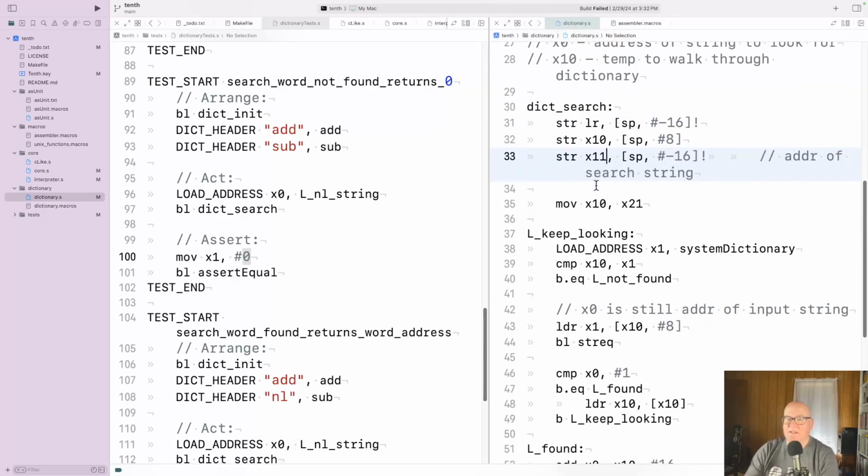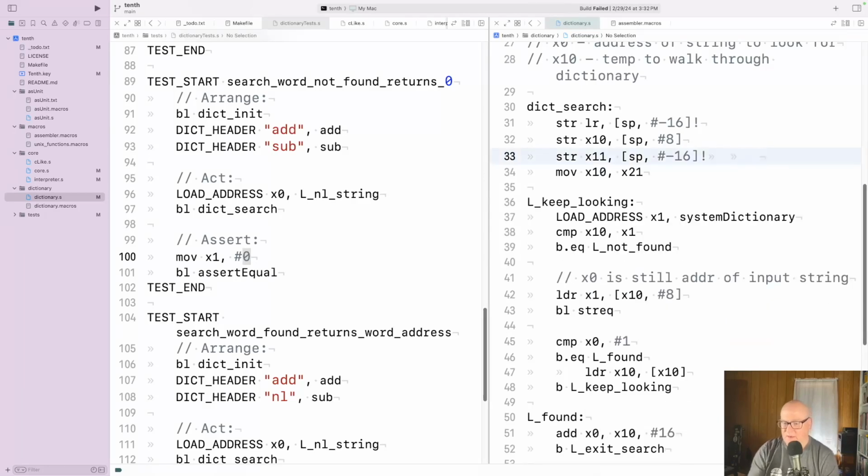it's a callee must save. So if somebody's going to call you, like the calling routine has X11, it owns X11. We can use it, but we have to save it before we use it. X0 through X7, if the caller puts stuff in them and it wants it when it gets back, that's the situation we're in. It has to store it somewhere because the called routine is allowed to mutilate X0 through X7 however it wants. All right, so by pushing X11 on the stack,